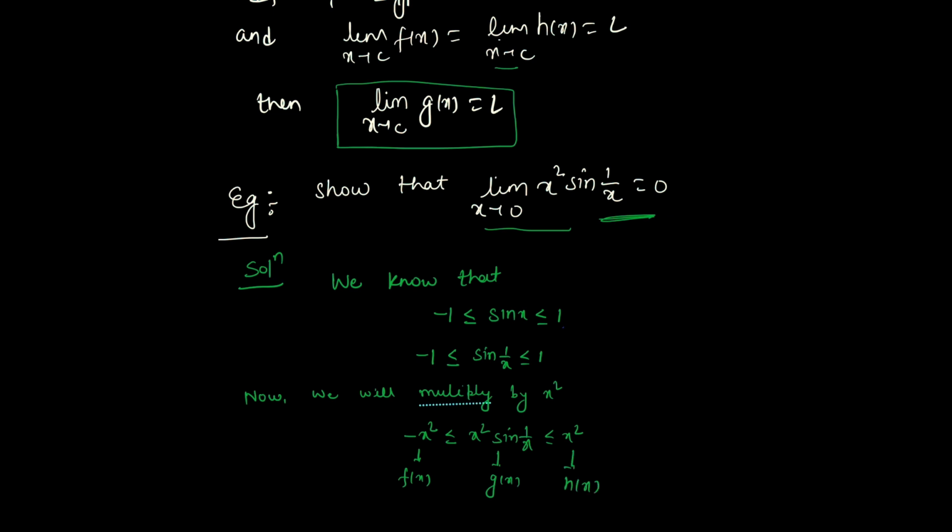Now the sequence theorem is saying that if we are given the limit as x tends to 0 of f(x) and g(x), then we can find the limit as x approaches 0 of g(x). So we have the limit as x tends to 0 of minus x square equal to the limit as x tends to 0 of x square, equal to 0. So by this sequence theorem,